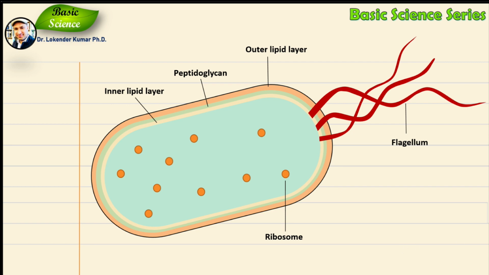Okay, and what are ribosomes? Basically, they are microscopic protein factories. They produce protein in large quantities that bacteria can utilize to survive, because proteins are really essential for any living organism, right? So these are the basic structures. Let me also move this a little to that side. So as you can see, these are the basic components